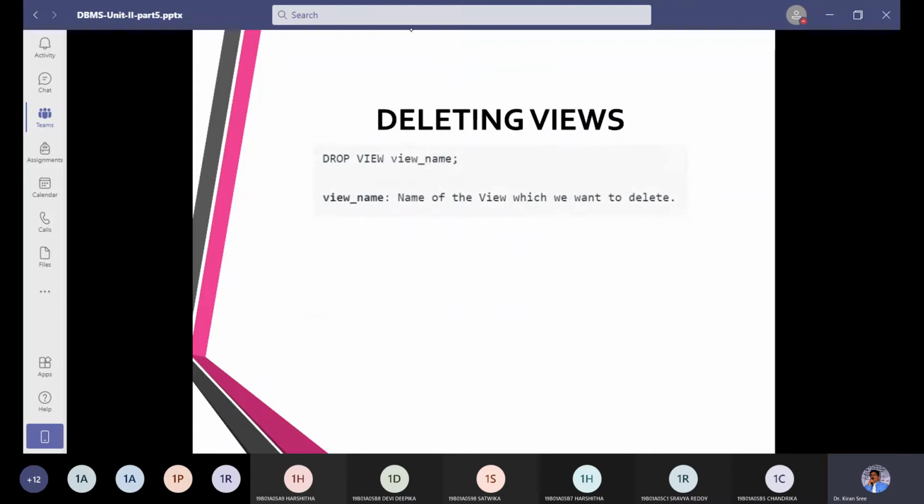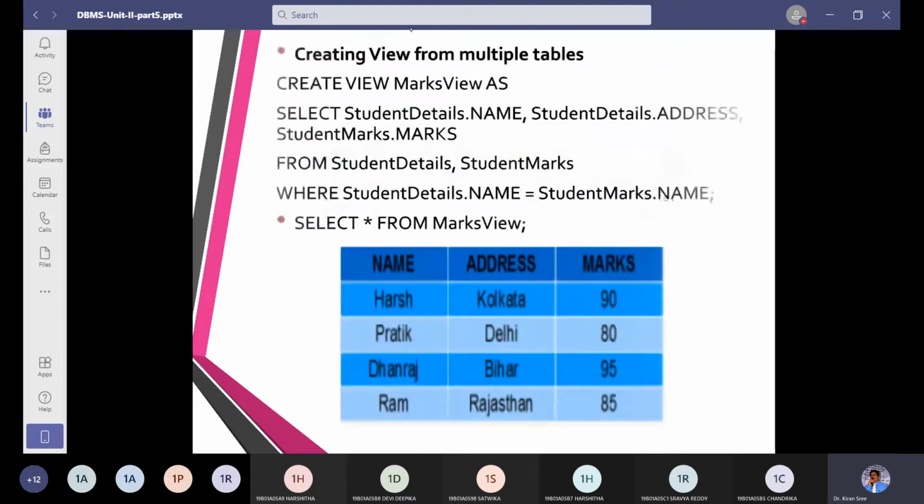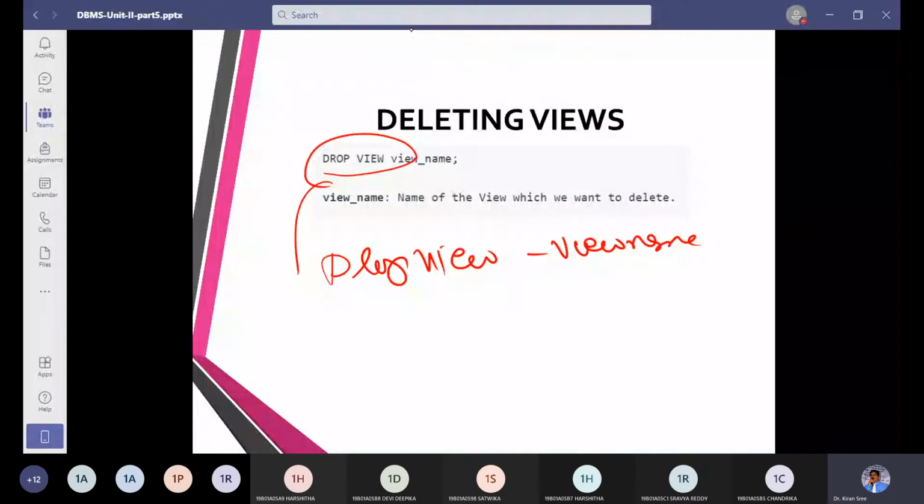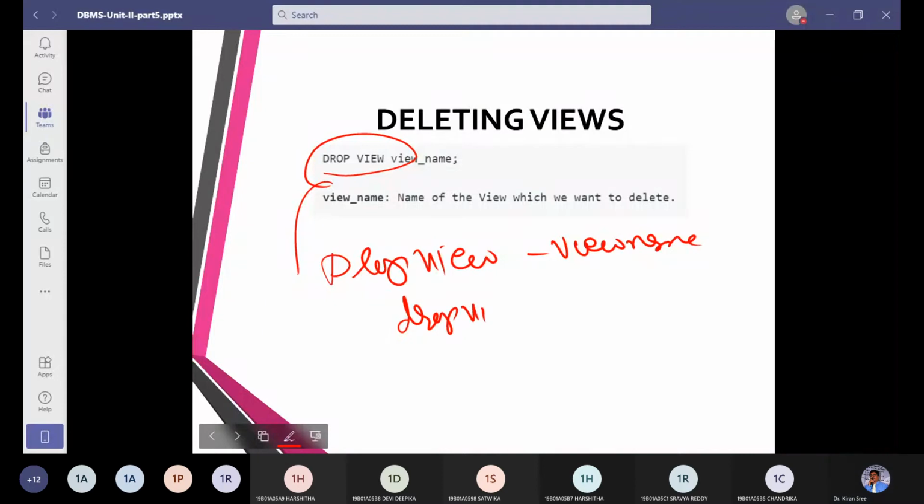So the example: the view name was marks view here. Therefore, we can say drop view followed by view name. The view name is marks view, so this is the name of a view.